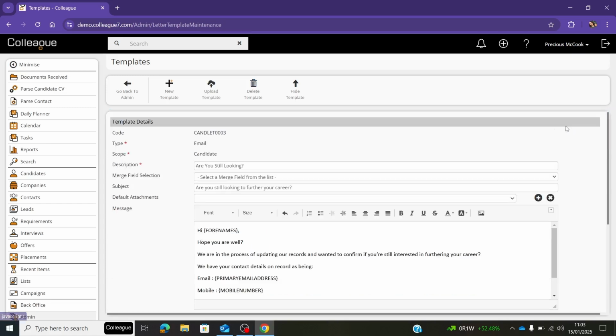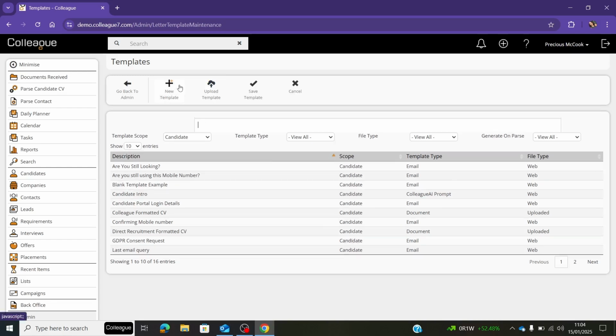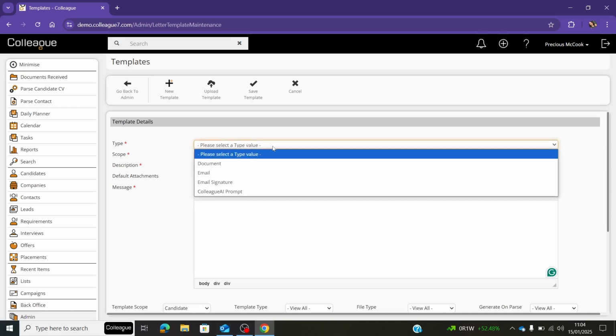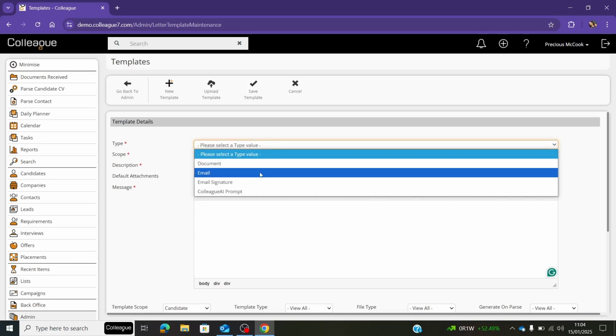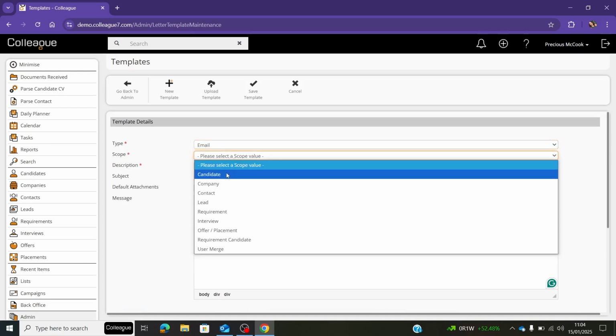If not, cancel. And if you'd like to create a new template, you basically go to the option along the top where it says new template, and once you've selected this, you can input the applicable information. So the first one is the type, so what type of template are you creating? In this case, we'll create an email, and the scope is where you'll find this email template, so for example